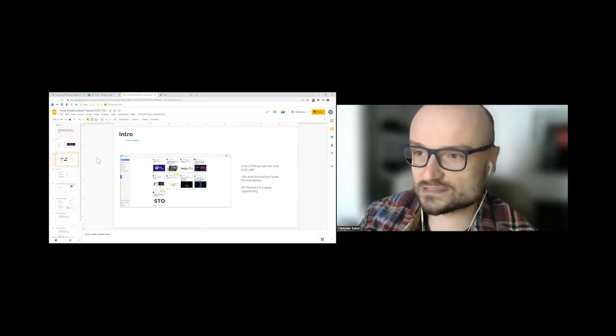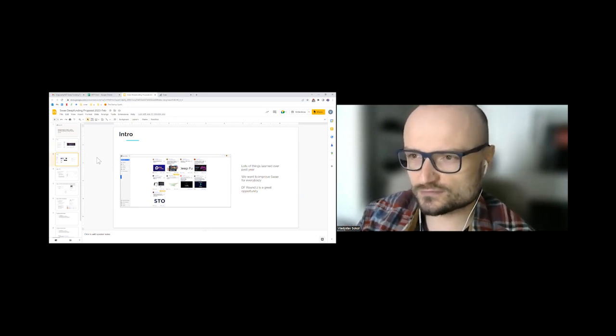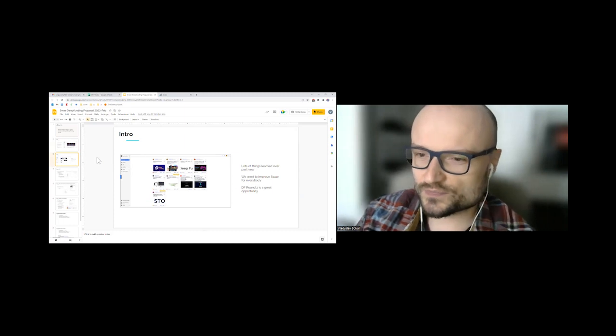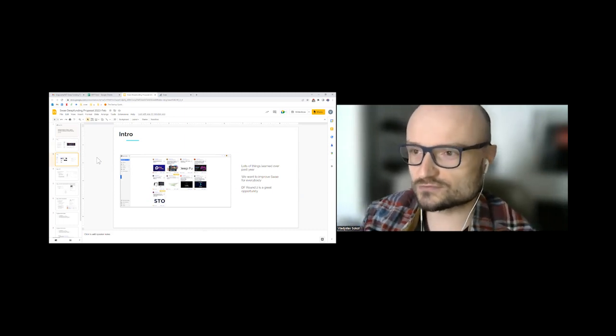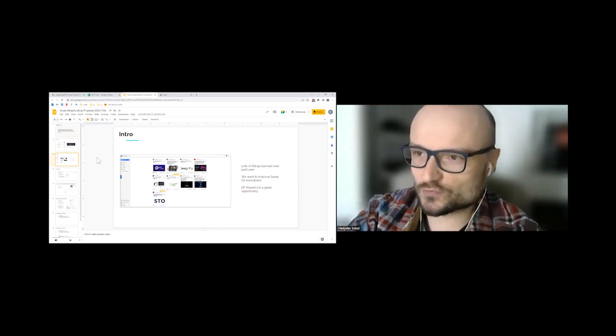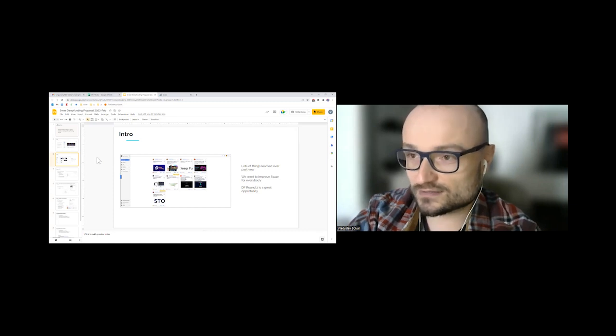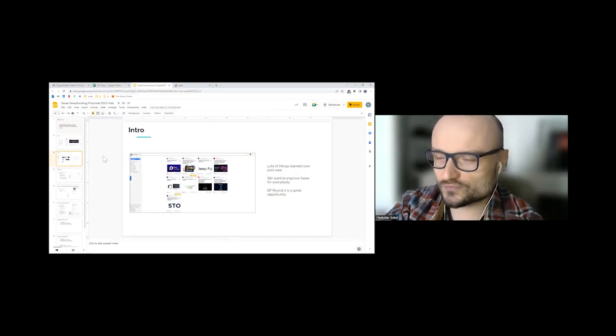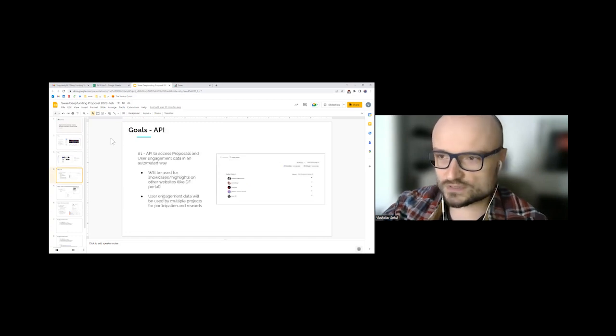It's been an amazing year working with Deep Funding for almost a year now, but it also showed us a lot about what works, what doesn't work, and that's what we want to do. We want to improve. We want to improve the proposals.deepfunding.ai and also improve the software for every other community that is using it. So we split our goals in our project into 5 categories.